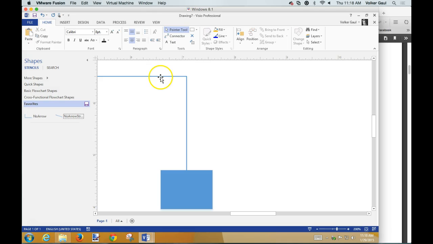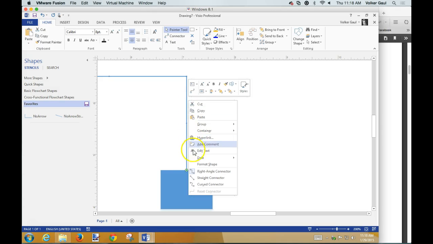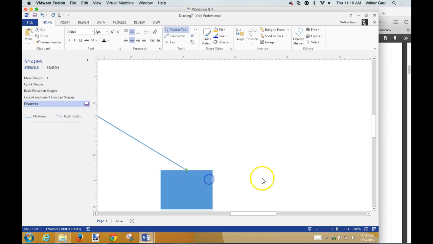If I want to make this a straight line instead of an angled wraparound line, then you simply right click it, please. Pretty please. There we go. And notice here's a straight connector. It's that simple to make it straight. So I'm not sure I need this one necessarily because I can just say straight. Now it's straight, and I can drag that over here, add it to my stencils, and then when you're done,